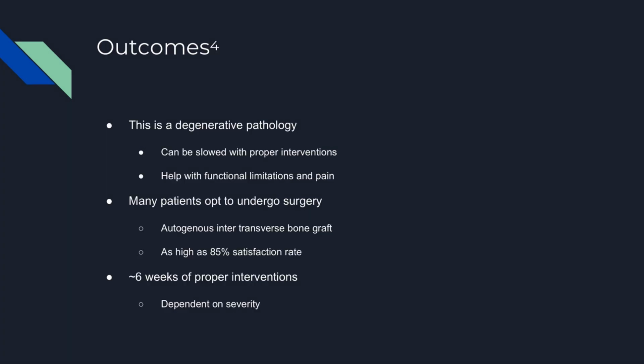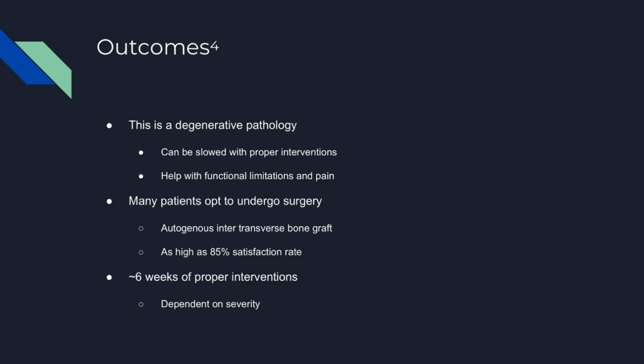So this is a degenerative pathology for the secondary factors. It can be slowed with proper interventions, and you can actually help them get back to function and decrease their functional limitations by decreasing pain and improving their mobility, and teaching them about their posture and how that affects how they're able to do these things and how they're able to stay out of pain. But many patients, depending on how severe it gets as they get older, may opt to undergo